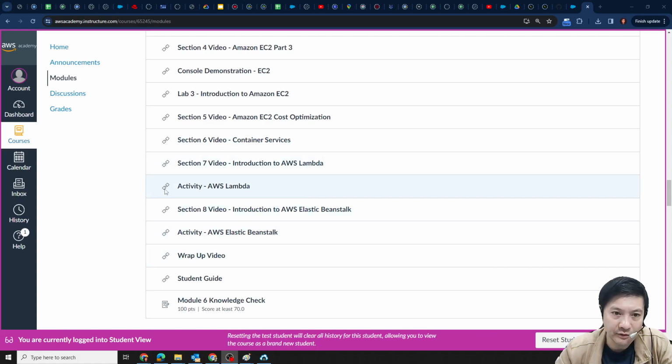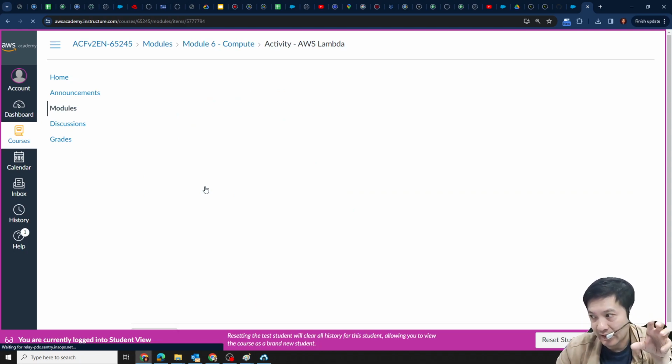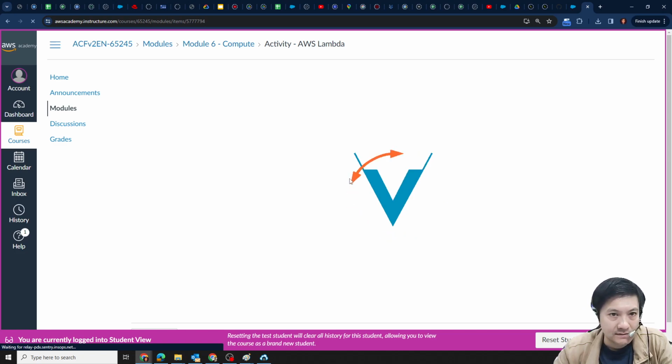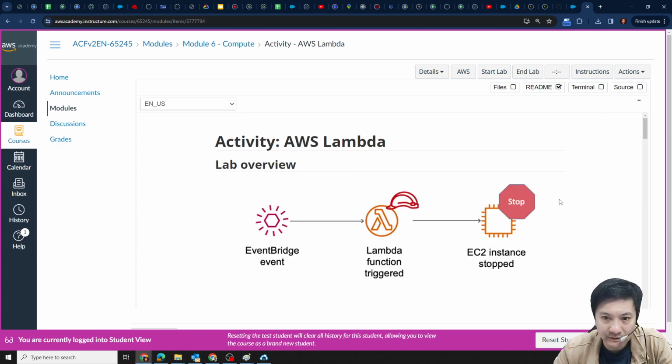Okay, now we will work on an activity in the Academy Cloud Foundation. It's called AWS Lambda. 咁而家我哋做一個練習嘅 AWS Lambda 啦。For an activity, it will be a shorter time for you instead of a lab. A lab is much longer. Okay, just close the terminal. 咁刪咗 terminal 啦。